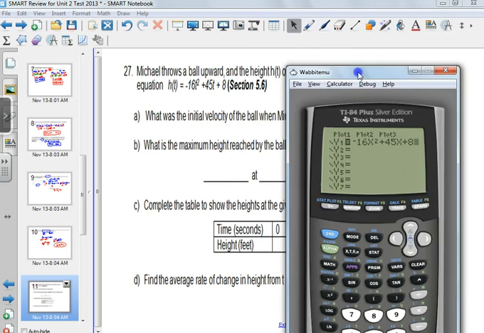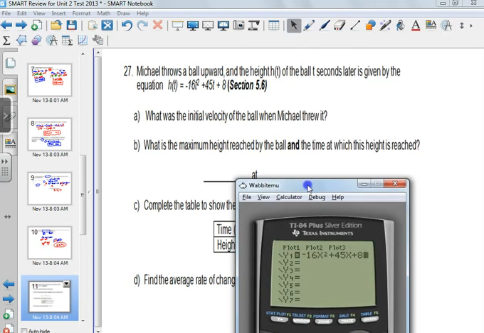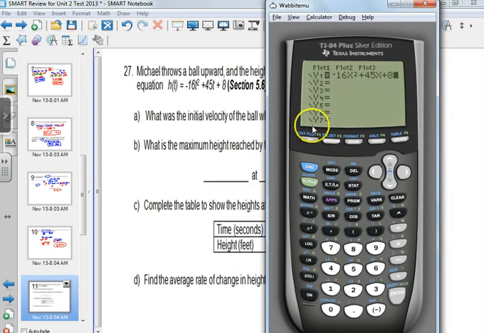Part B says, what's the maximum height, and at what time did it reach that height? So if we are going to graph this in a standard window, we're not going to see very much. We don't see part of the parabola that we need. So I'm going to go and adjust my window so it makes sense. Remember, the